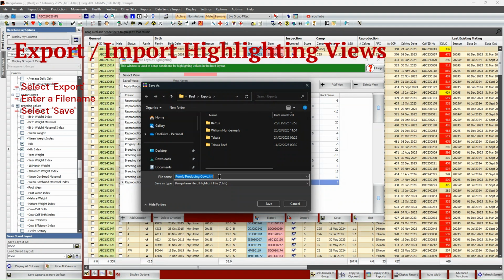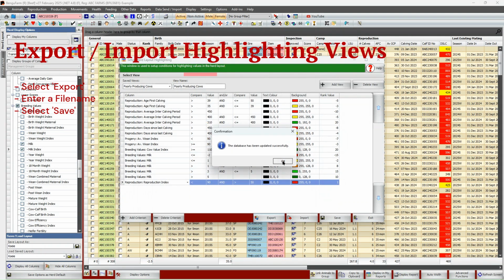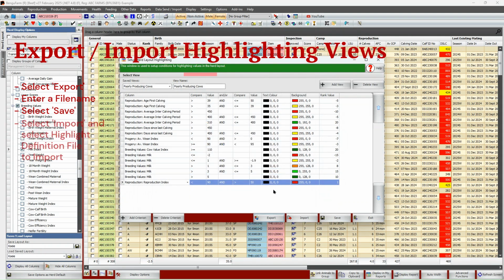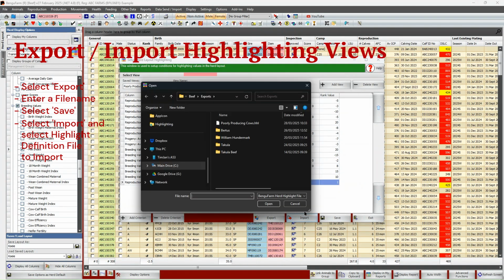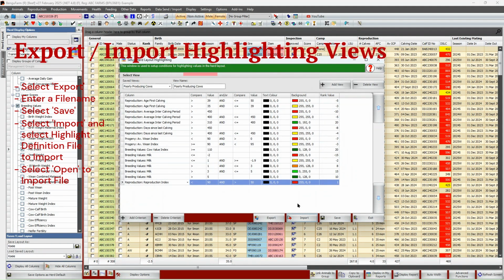You will see it's a HHL file, a herd highlight file, and you just say save, and that file you can email to the other farmer, and he can go to import and select that saved herd highlighting file and open it. I'm not going to do it now. If I say open, the definition will import into my Bengu file.